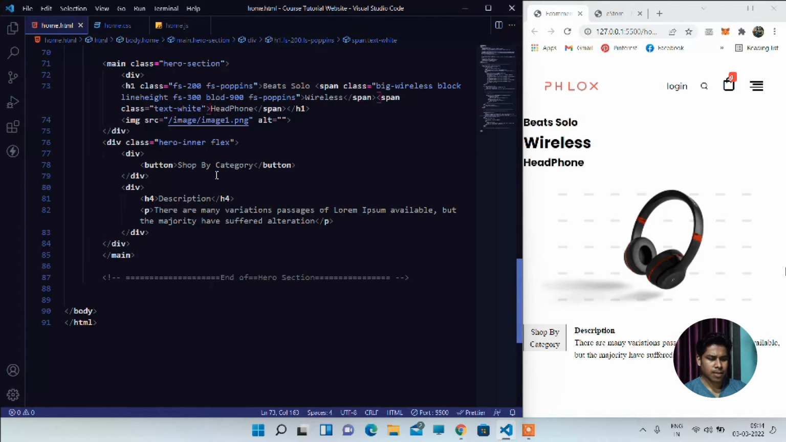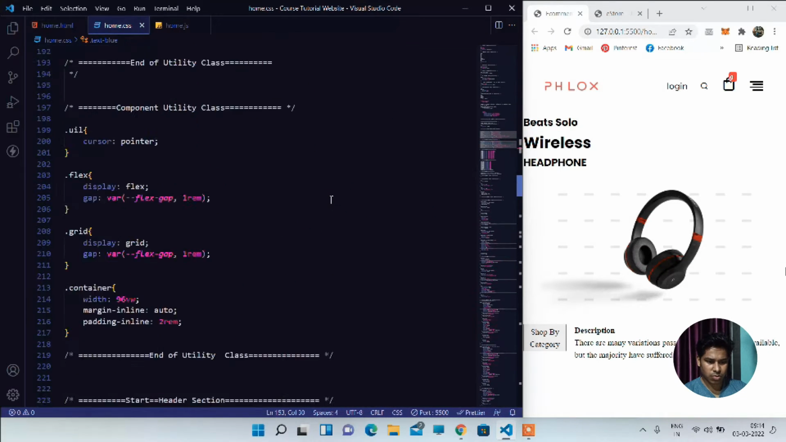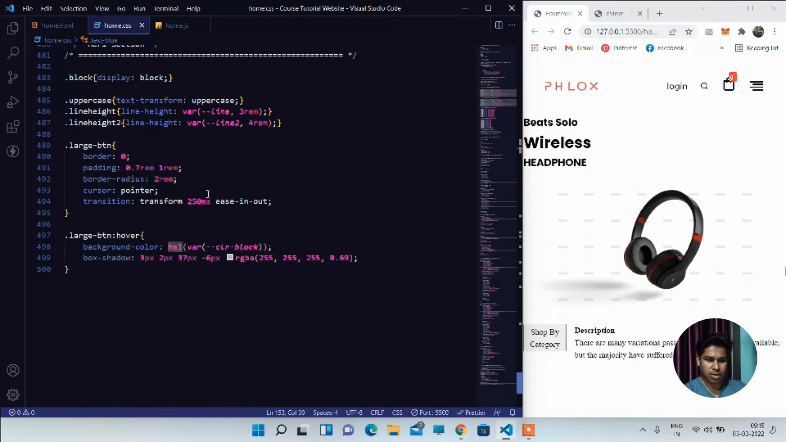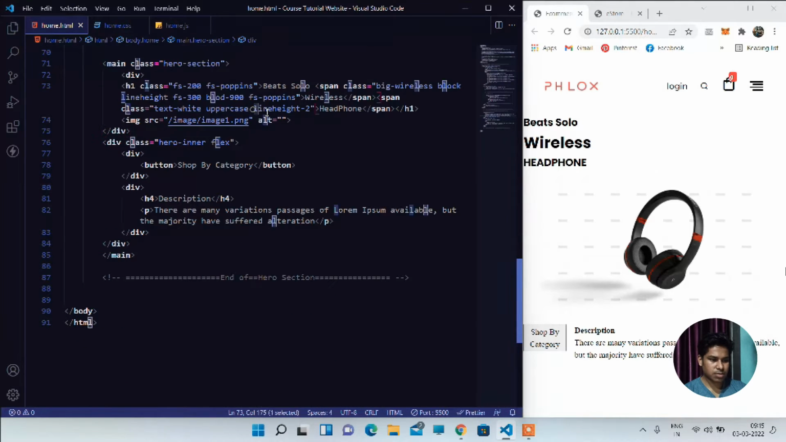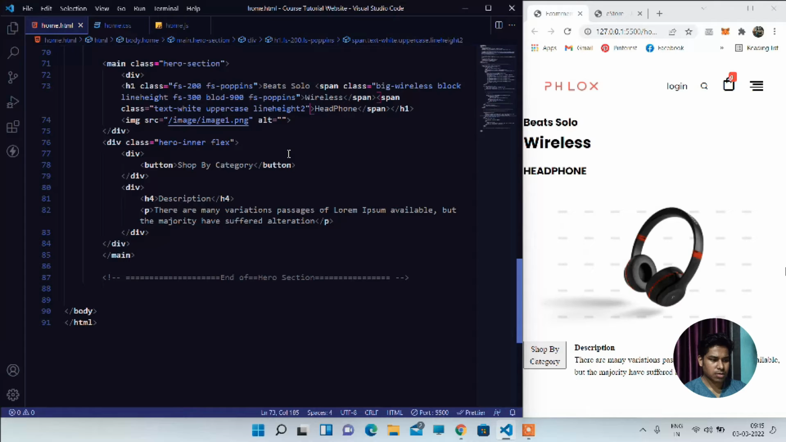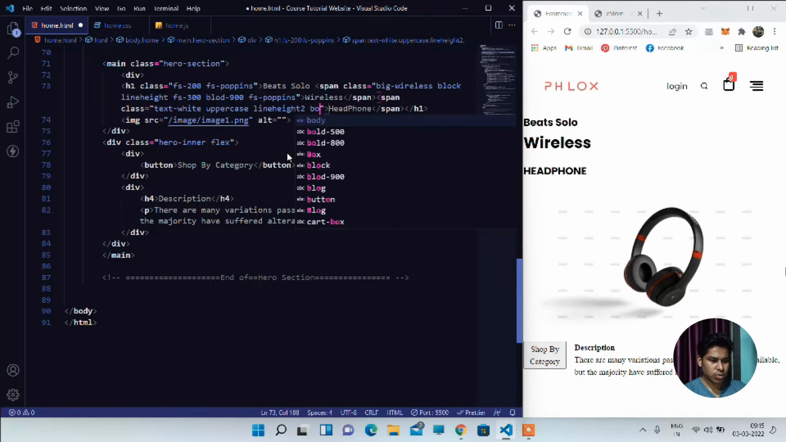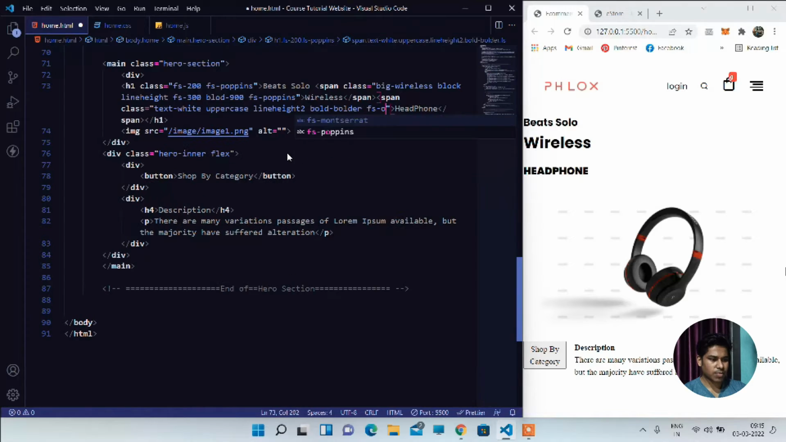Let's make it uppercase. This is how it will look. Now let's say line height is going to be 2, so it will have some space from top and bottom. Okay, let's come down all the way, copy that and simply paste it. Okay, it's working. Now let's make it bold to bolder, and font family is going to be Poppins,